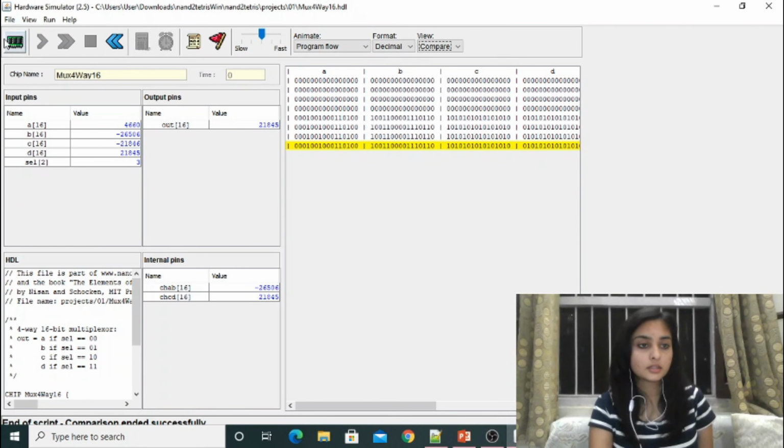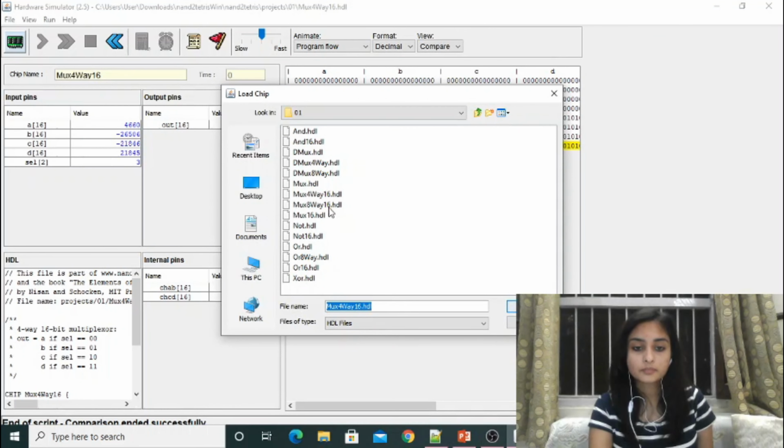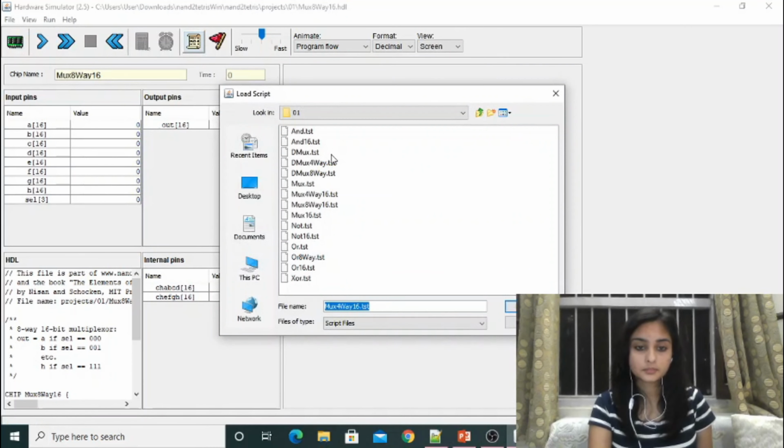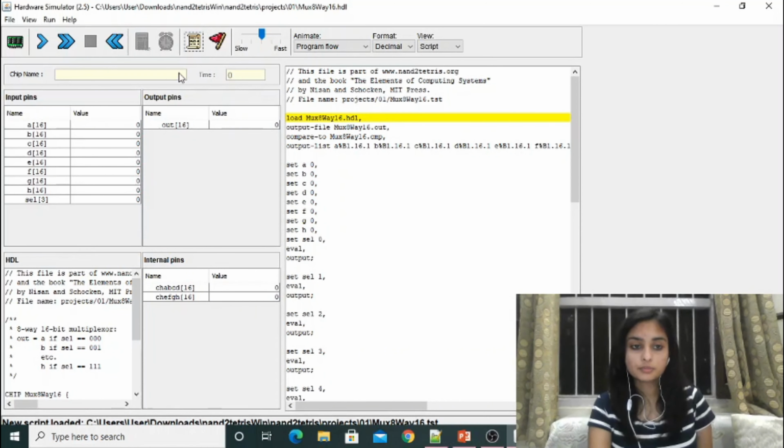Now we will implement the code. We load the chip mux 8-way 16, and we load the script. So here are the input pins, here are the output pins. This is our HDL code which we just saw, and this is our script. We'll be running it.